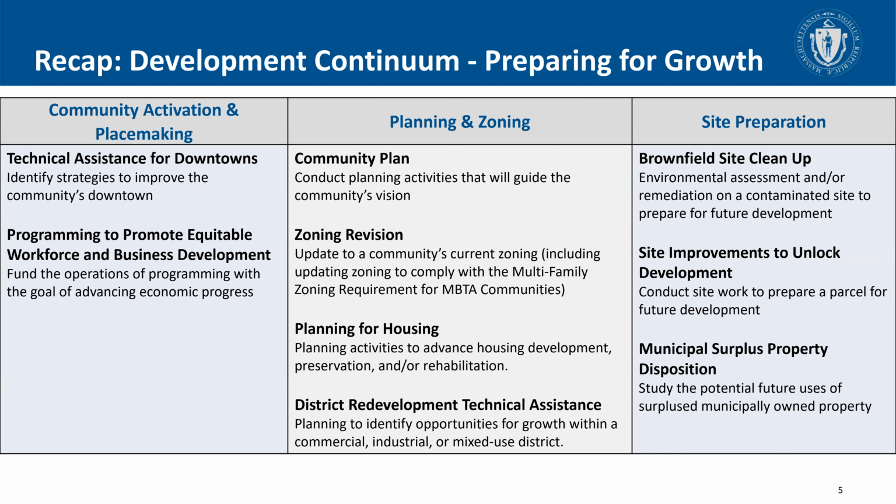Next up, we want to just recap the specific sections. The first part of the continuum, which is preparing for growth, includes the sections outlined here. And these are the grants that support activities and initial steps by community-based actors to attract and guide private investment into their communities. The grants provided through these categories generally support activities and initial steps to attract and guide private investments. This could include creating a business improvement district, developing a municipal master plan to guide development, or conducting the preliminary site work needed to attract private investment to a specific lot.